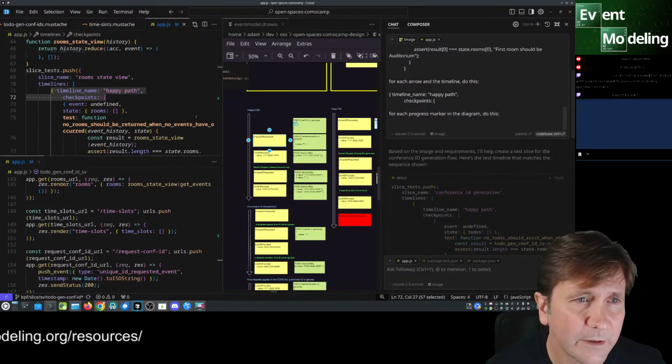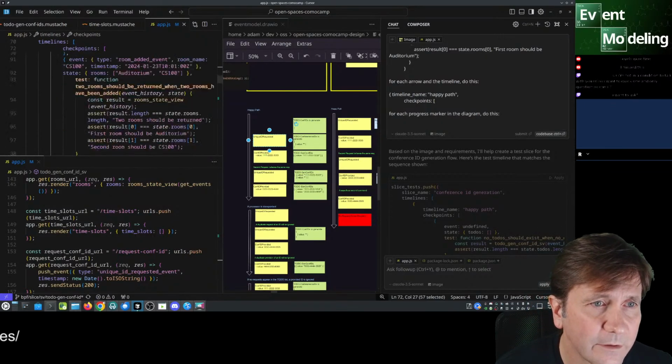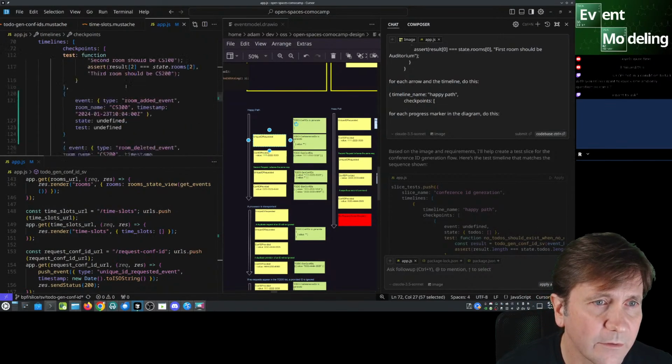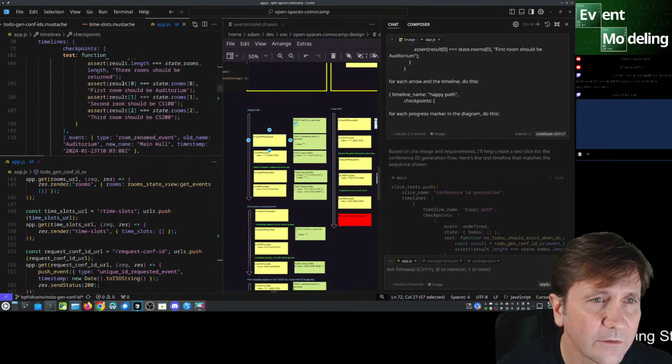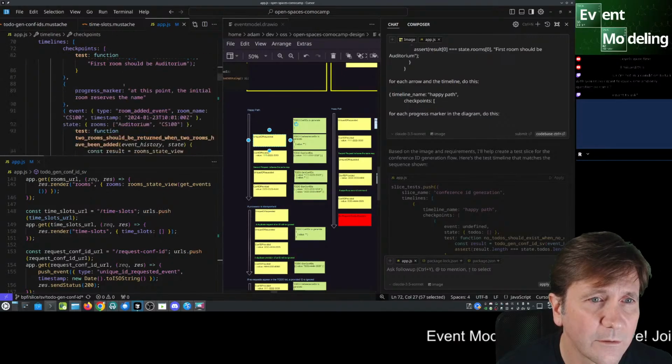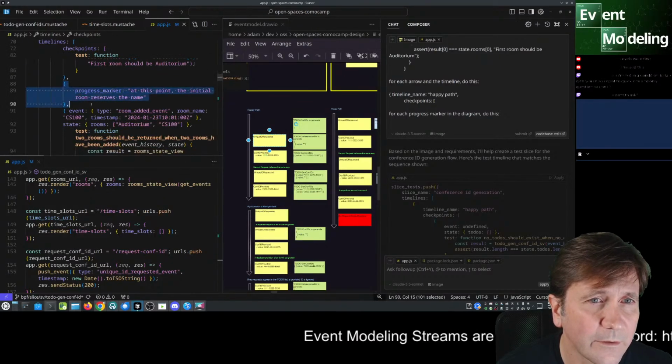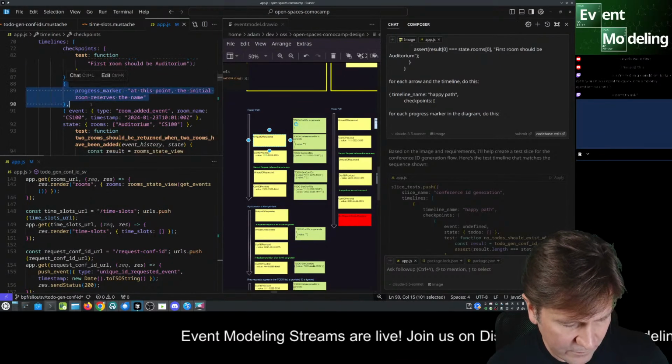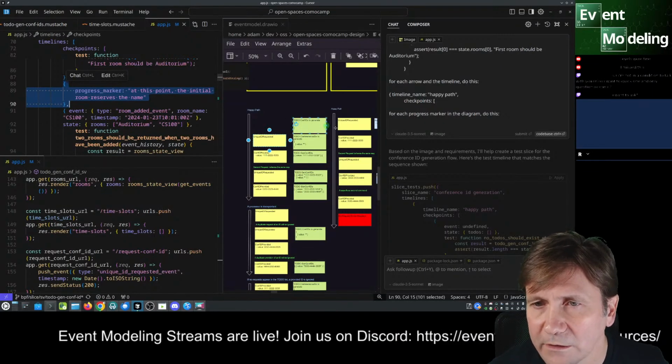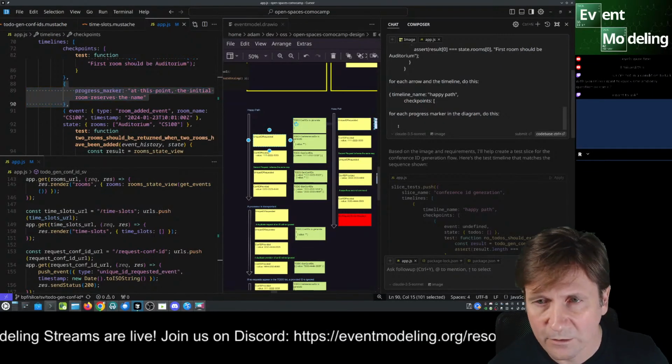And then here we can add, where did I have my example? Define undefined function. Oh, there it is, progress marker. Control copy and try that.